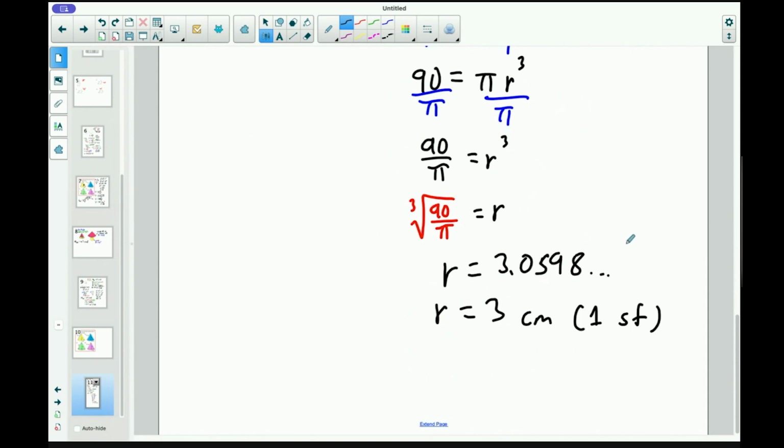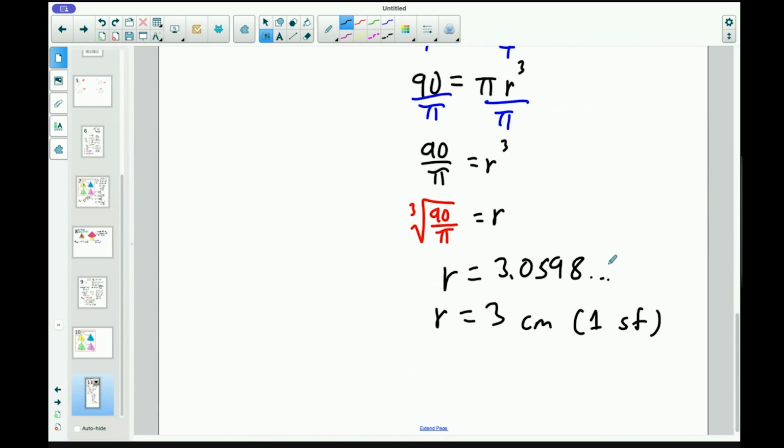All right. So this is why we got to be really careful typing this into our calculator. So what I feel like you might have done. So see how I've done this on my calculator here. You can see that I've got the cube root of 90 divided by pi all in the same bracket. I'm going to guess because you got 16.05, I feel like you probably did something like this: cube root of 90, and you divided by pi. So some people might have gotten something like this. Okay, again, very different answers. You might have done this,